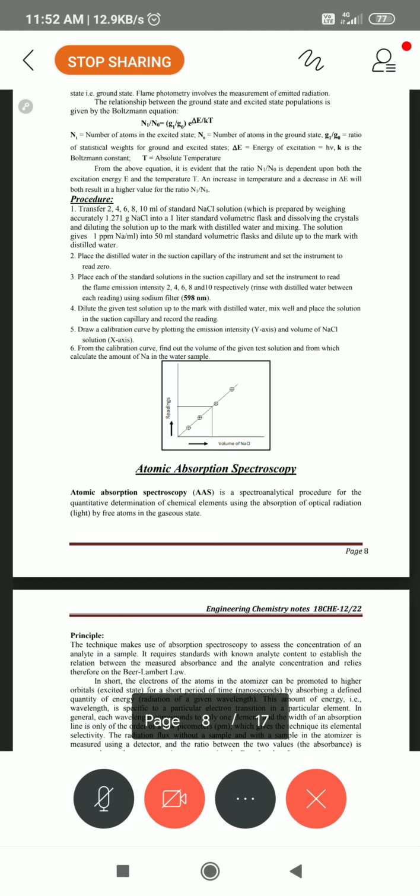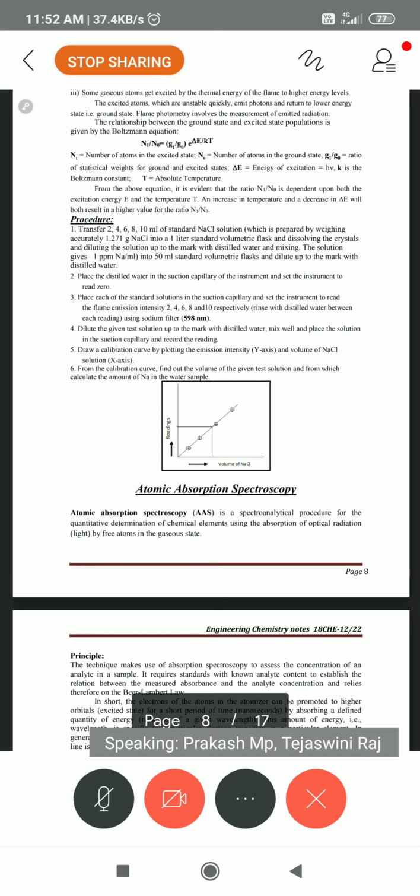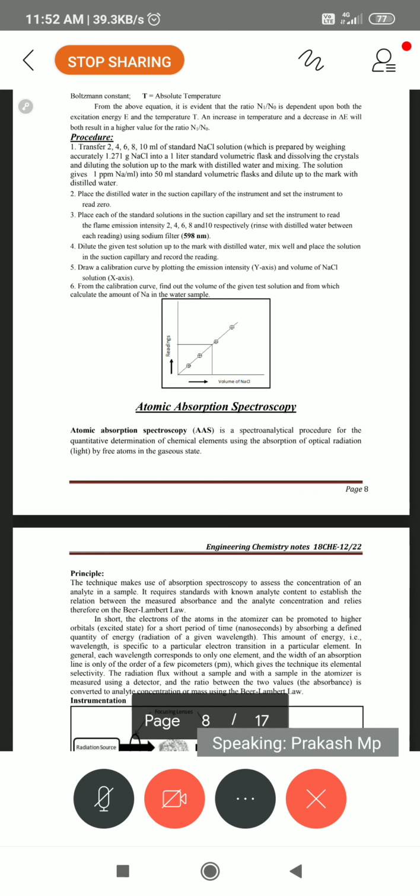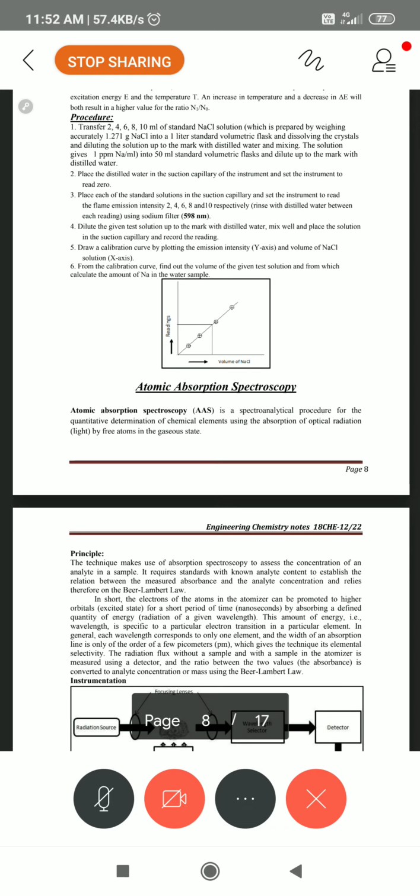If it is not recorded, using your pen and pencil you can draw a table with two columns. The first column is the volume of sodium chloride, where you can write 2 ml, 4 ml, 6 ml, 8 ml. In the second column you write the emission at 598 nanometer. You write these down, and finally take a graph sheet and plot the graph. The X axis is 1 ml, 2 ml, up to 10 ml. The Y axis, instead of absorbance, here is taken as emission: 20, 40, 60, 80.